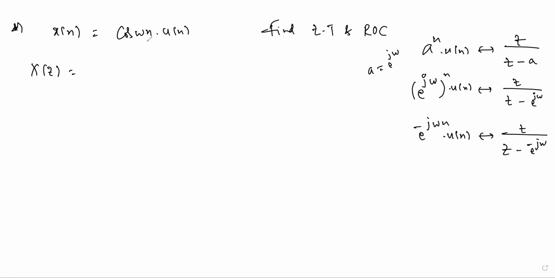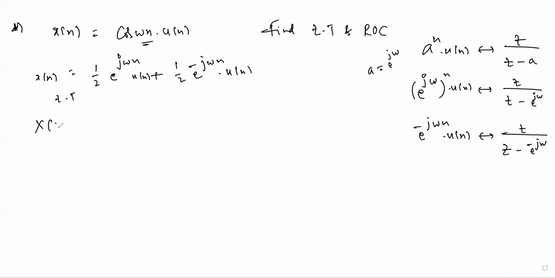Now we can convert this cos function in terms of two sinusoidal functions. It is 1 by 2 e to the power of j omega n plus 1 by 2 e to the power of minus j omega n multiplied by u of n. Fine. Apply Z transform both sides. So x of n is the signal, find Z transform. Applying Z transform both sides, you get x of z equal to 1 by 2